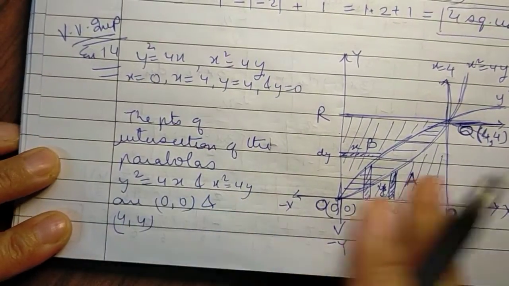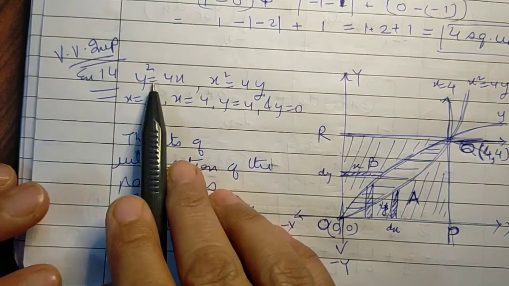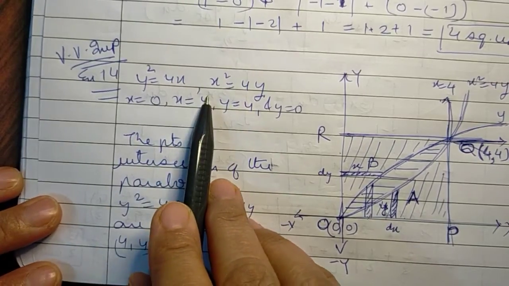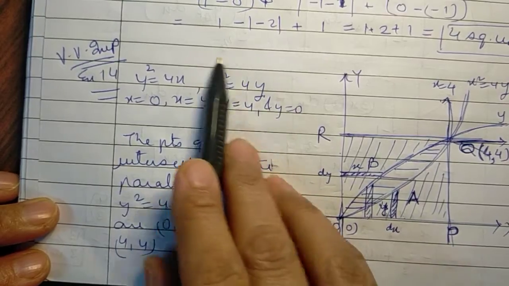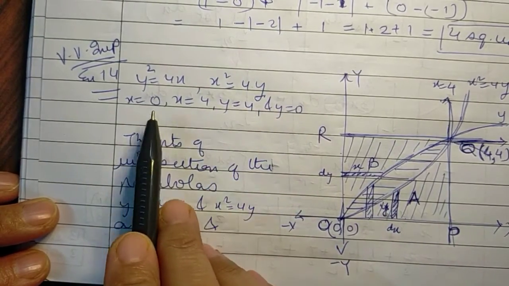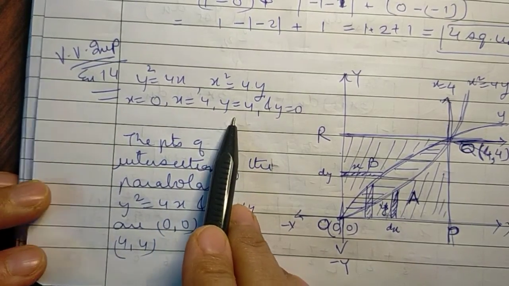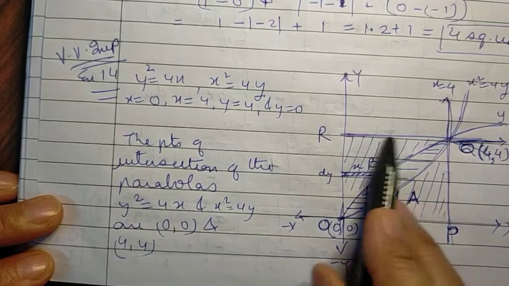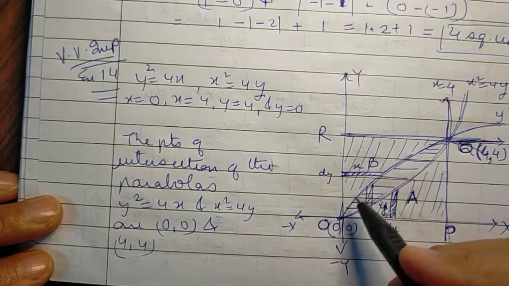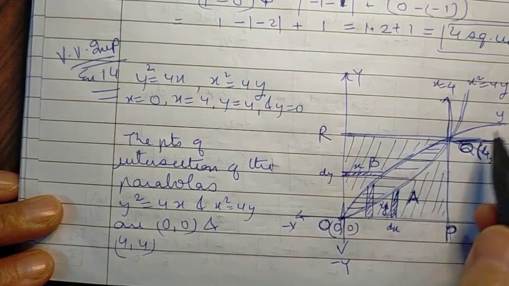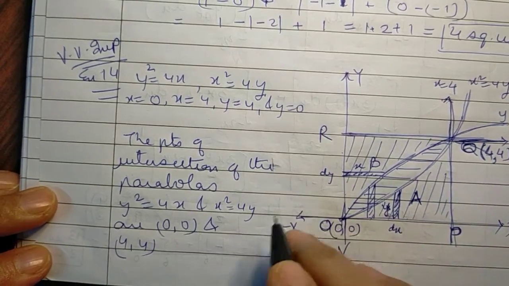Now let's move on to a very, very important question, which says that we have to find the area between two parabolas, y squared equal to 4x and x squared equal to 4y, and we have to show that this area divides the square which is formed by the lines x equal to 0, x equal to 4, y equal to 4 and y equal to 0 into 3 equal parts, that is 3 equal areas. We will first draw the figure, then find the required area, and then see what actually happens.